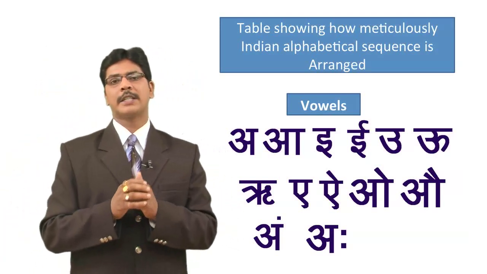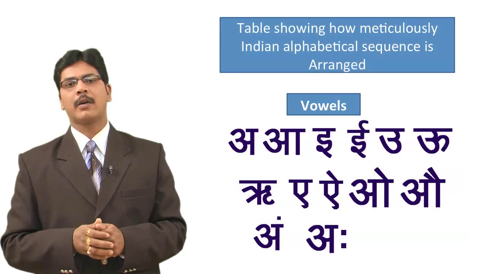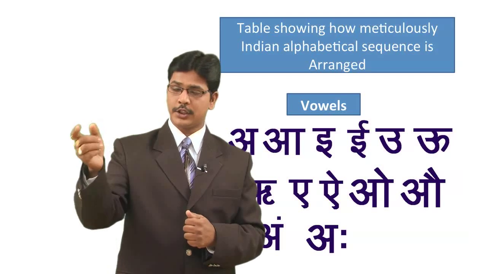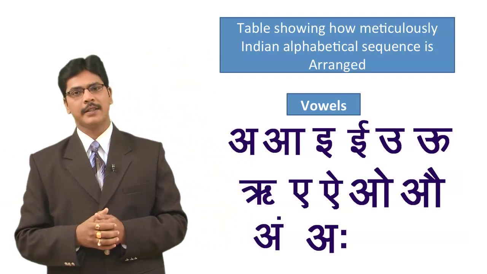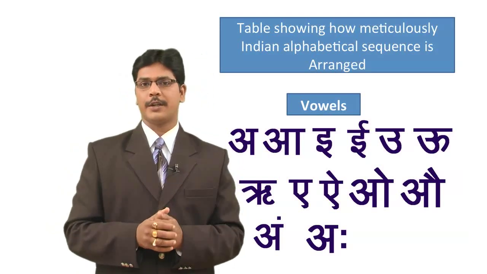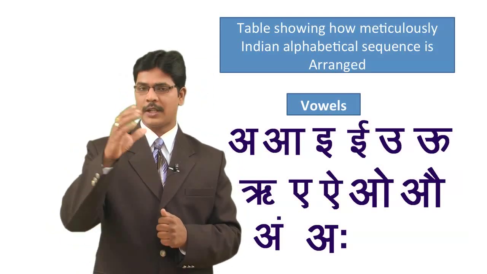But Indians can very well explain why they write like that. Why they write the vowels, then Ka, Kha, Ga, Gha, Cha, Chha, Ja, Jha, and up to Gnya. Why they write like that, they can very well explain. There's wonderful logic there, in why the literature has been written like that.